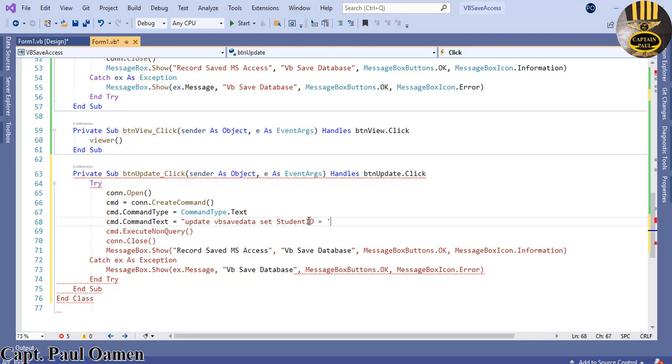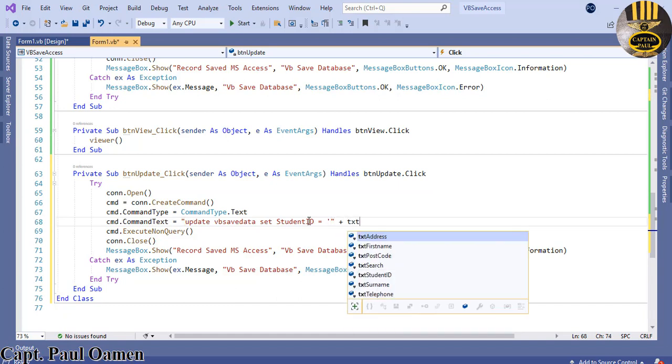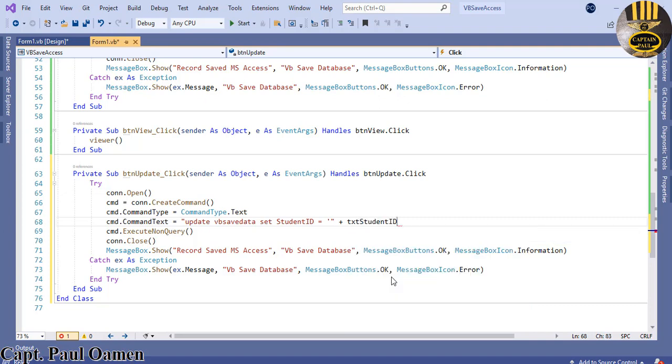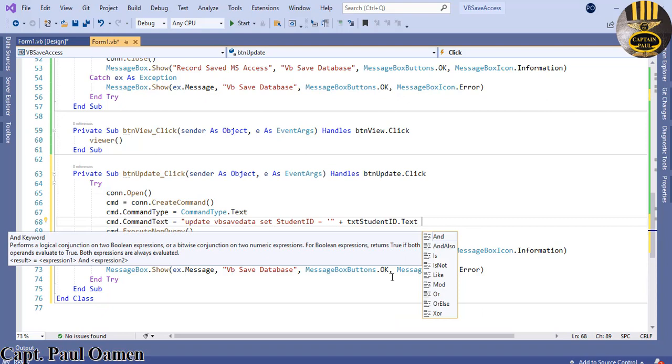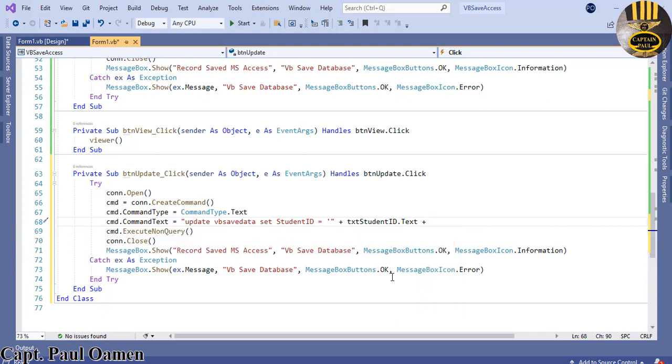That will be equals single and double quote apostrophe, and let's say plus txt student ID dot text, and let's say plus double quote single where